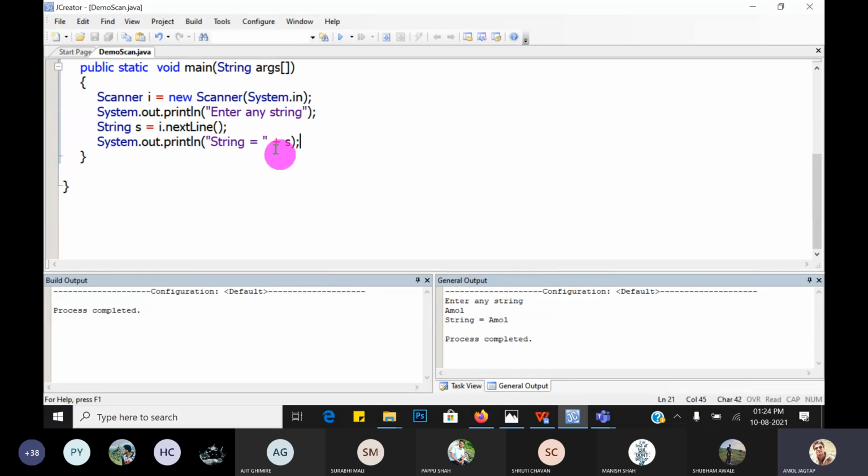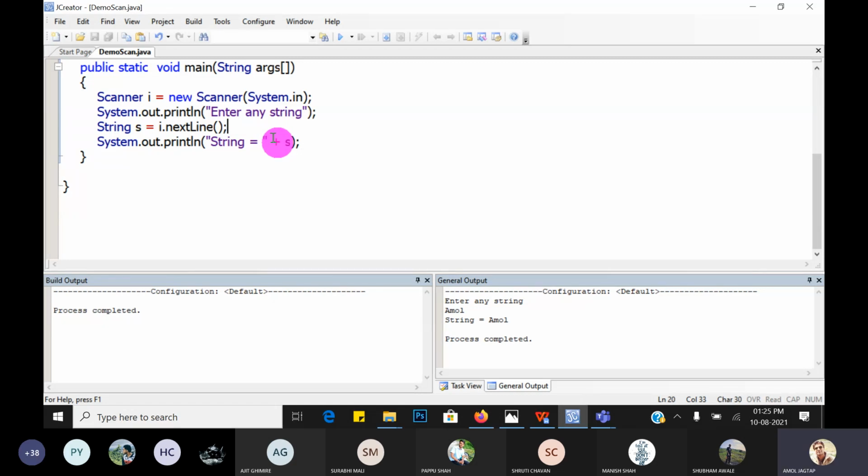For that, different methods are there: nextLine, nextInt, nextDouble, nextFloat. Using those methods, we scan the particular value of type string, double, float, or integer. Great. Hope you understand. So using the Scanner class, we can scan integer, float, double, or string values.